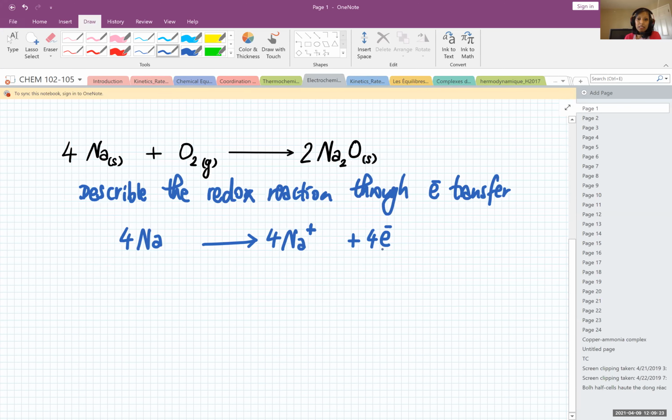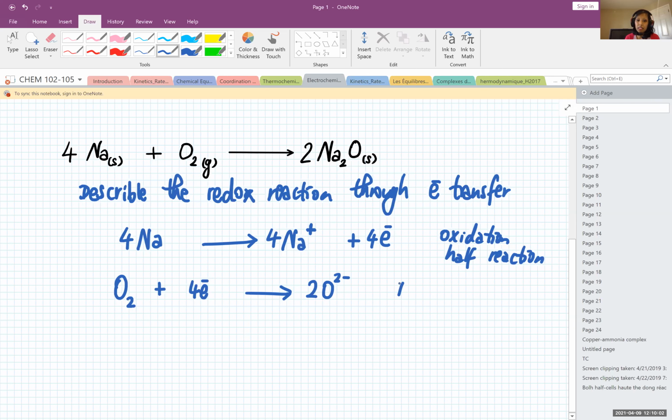Now, this is what we call the oxidation half reaction or half equation. I will talk about what we mean by gain or loss of electrons in a moment. So this is oxidation. And then where are these electrons going? They cannot just sit there or float around, right? They are being captured by the oxygen molecule. And these electrons are then converting the oxygen into oxide anion. This is the reduction